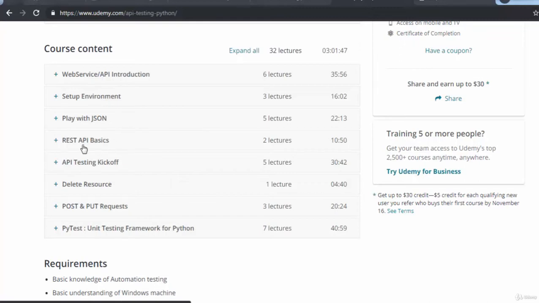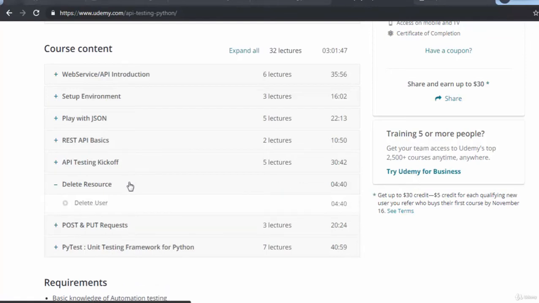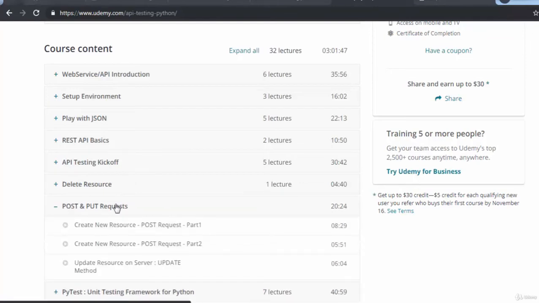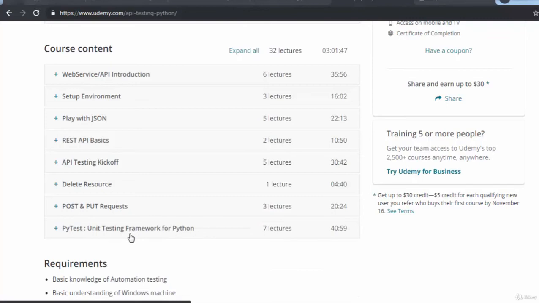Then we are moving to the REST API basics, like how we can start REST API testing. And once we are comfortable with that, we can go to the different methods in the REST API through Python programming. So here we are going for the delete method, and we are going for post and put. And at the end, I have explained PyUnit, which is a unit testing framework for Python.